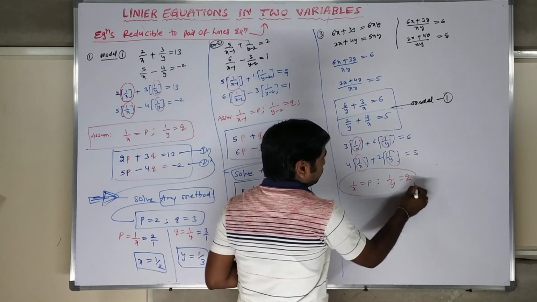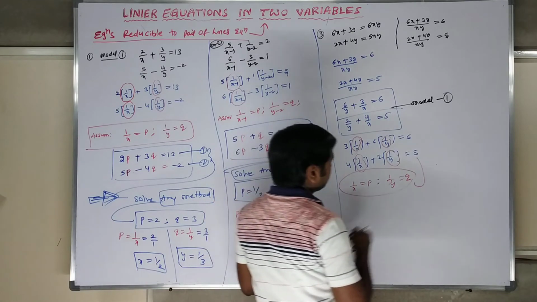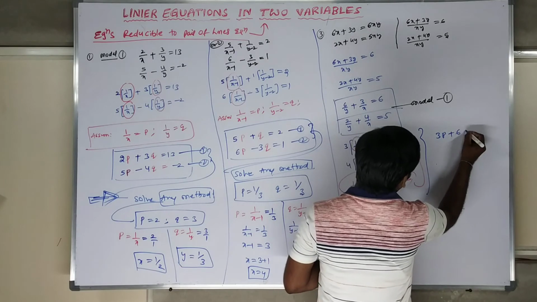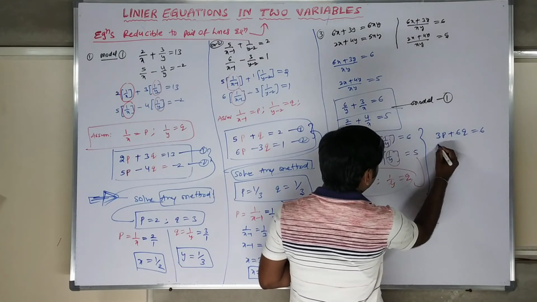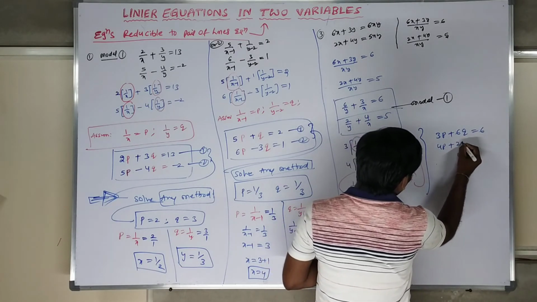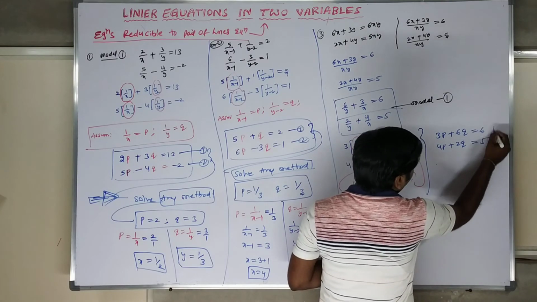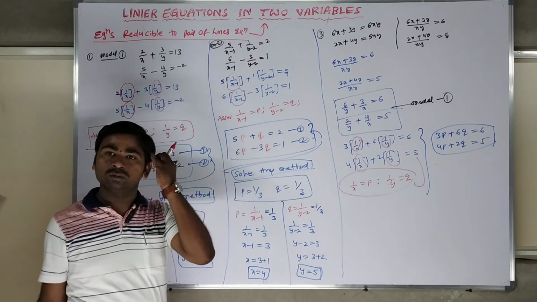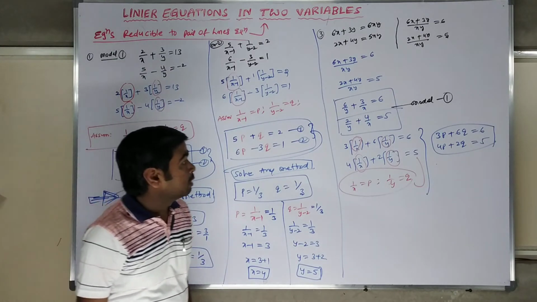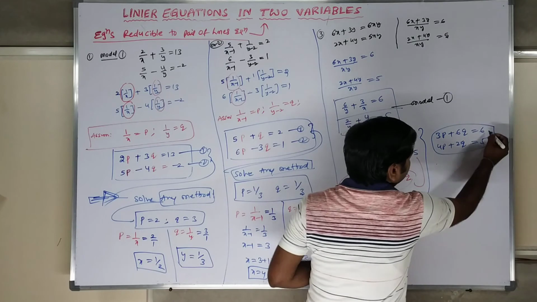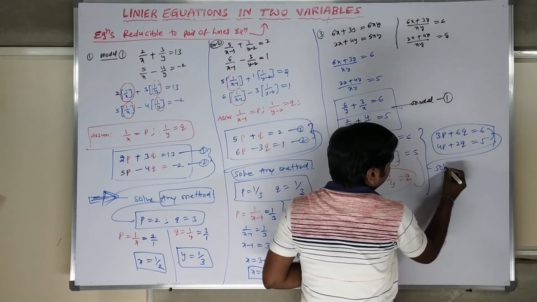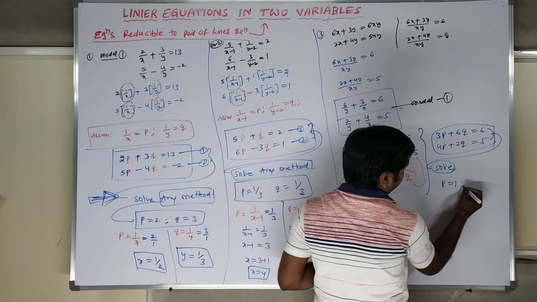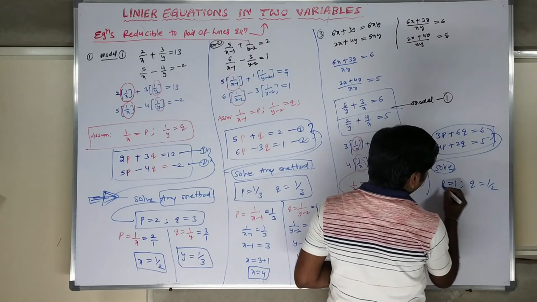These two you can substitute over here. What are you getting here? Directly write 3p plus 6q is equal to 6, and 4p plus 2q is equal to 5. These are the equations. Is it clear? It is our model; we can write it directly here. After this, solve. When solving this, I got the answer p is equal to 1, q is equal to 1 by 2.